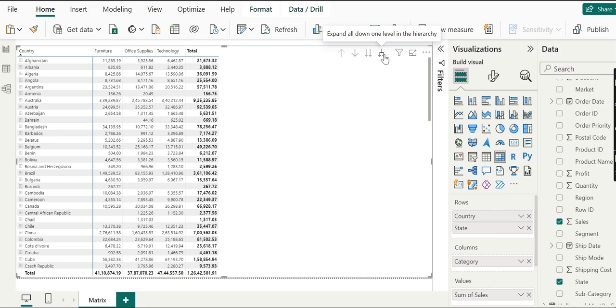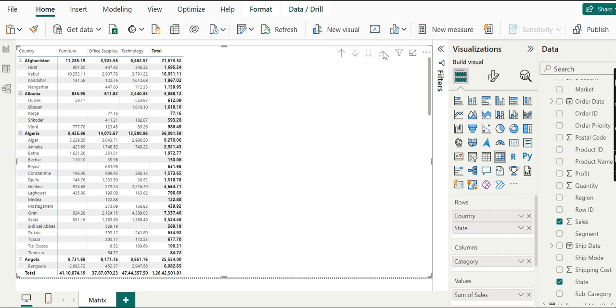We can see the matrix after clicking it. It has been expanded, with numbers for every country as well as for states. For me this is easier to understand, as we have data for each country and each state within the country. If we don't want to see state level information, click on drill up.